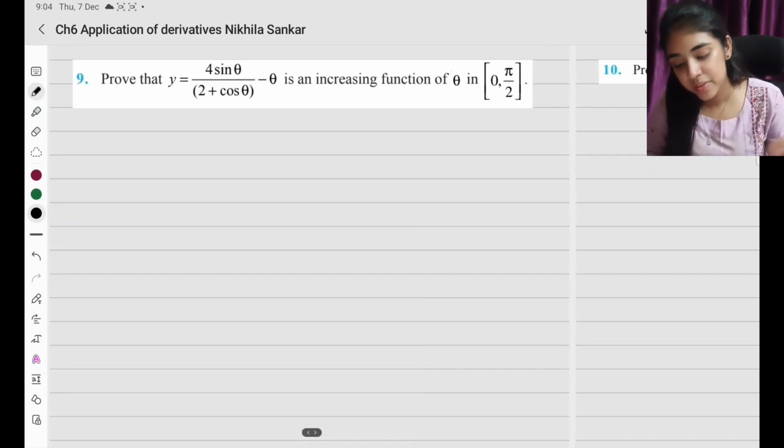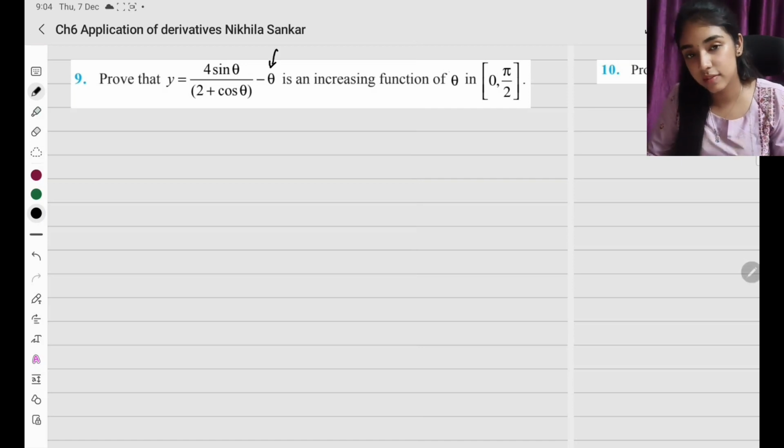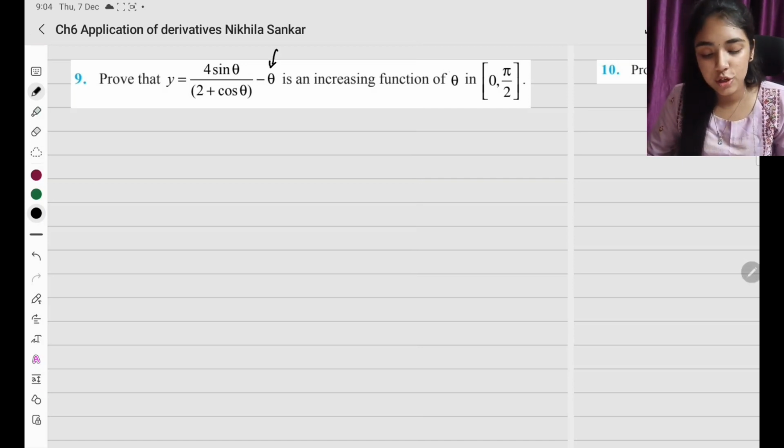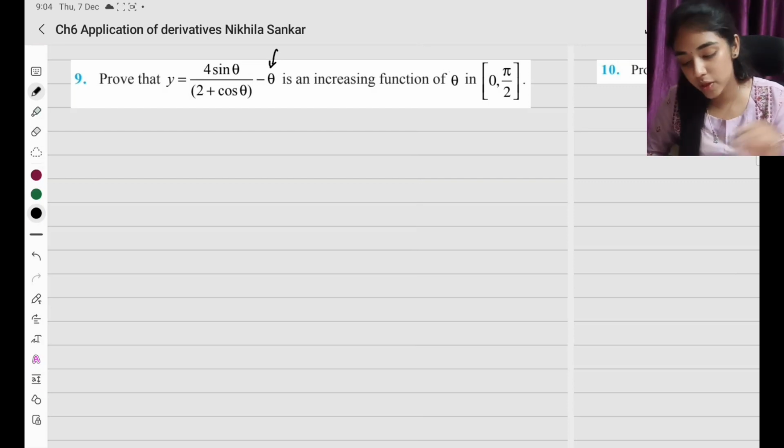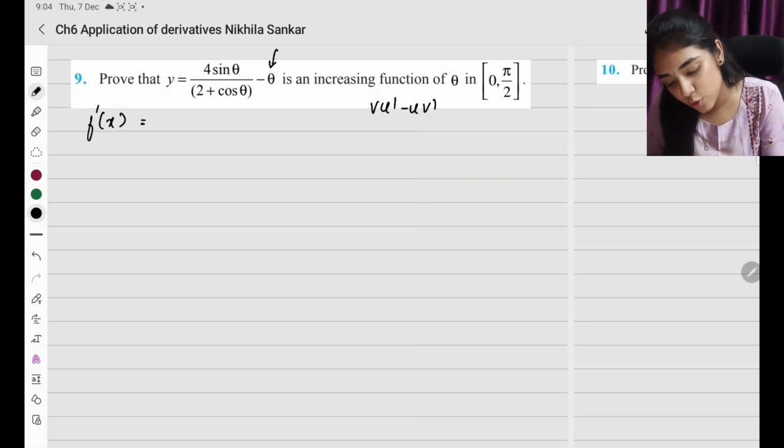Question number 9. Prove that 4 sin theta divided by 2 plus cos theta minus theta is an increasing function of theta in the interval 0 to pi by 2. So to prove that it is increasing, we have y equals, so f dash of x equals (v u dash minus u v dash) divided by